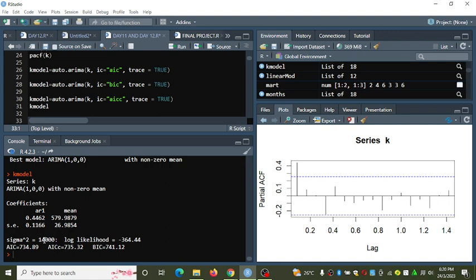What does log likelihood mean? You have seen the AIC, nimeonyesha pale inatoka, the AICC and the BIC, the Bayesian. Okay, this point umeona pale zimetoka, but what is the use of these ones here? Acha tuende tukiinterpret the final model, mtaona how log likelihood is of importance, and the sigma, sawa.